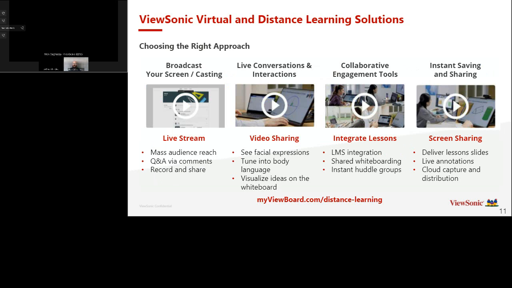The measured outcomes: there's a lot that MyViewboard can do when it comes to assessment as well as metrics and data, especially on the higher ed level. This is something important that we want to make sure you're aware of, because how teachers are teaching is important, and you want to make sure it's resonating with the audience. There are a lot of built-in metrics that we can cover at a later date or offline.